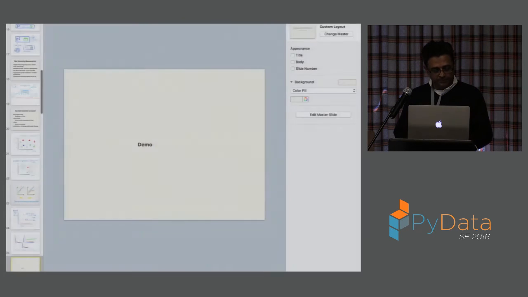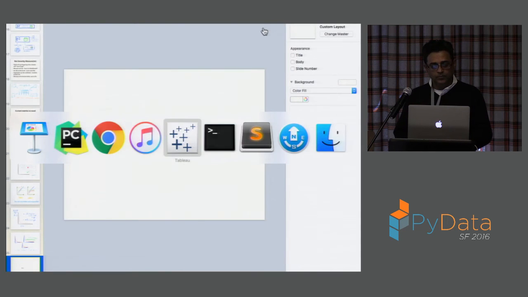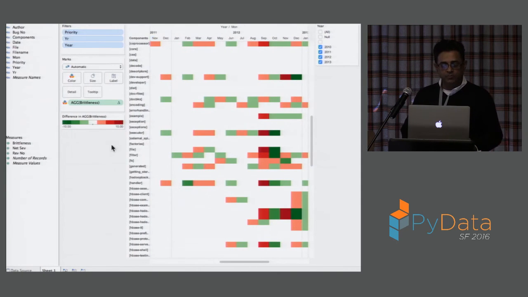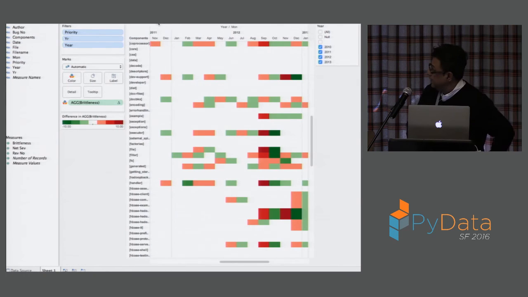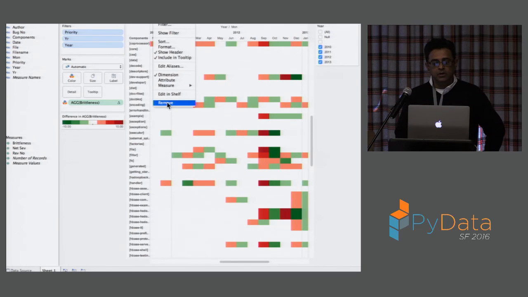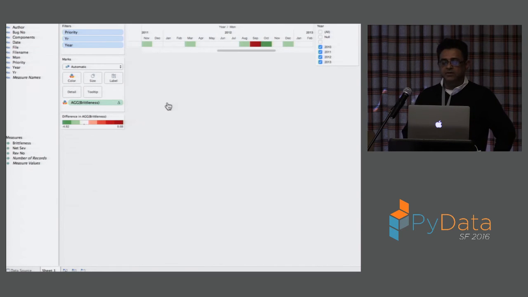Give me a second. So this is something we've created in Tableau, if you're familiar with it. I'm going to explain a little bit of what all this stuff is. First, let me remove this part. So what you're getting here is simply the areas, the times of the year where